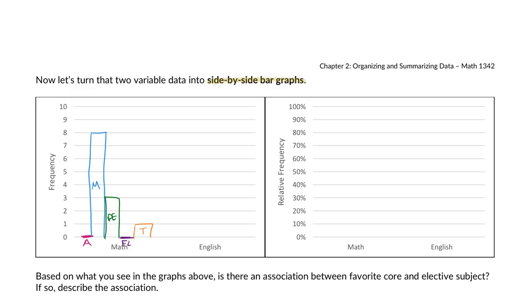And so we can compare it immediately to those who picked English. We're going to do the same thing for the frequencies of your responses when you picked English as your favorite course subject. So we would have 3 people who picked art in English, 5 people who picked music in English, 4 people who picked athletics in English, 2 people who picked foreign language in English, and nobody who picked technology and English.